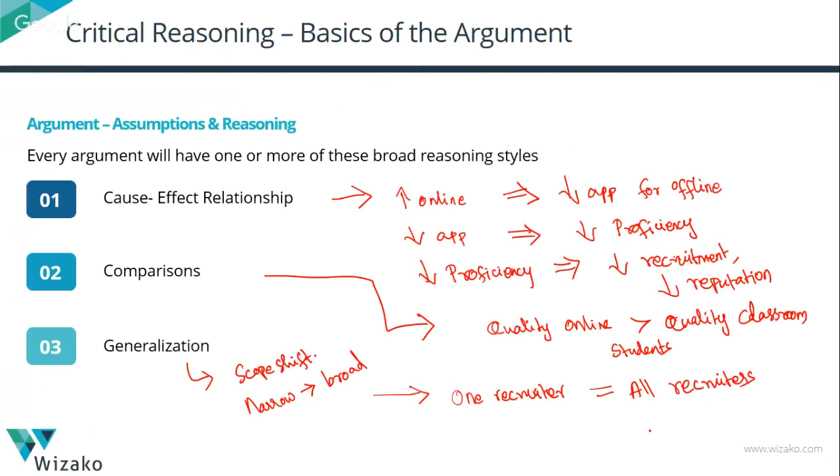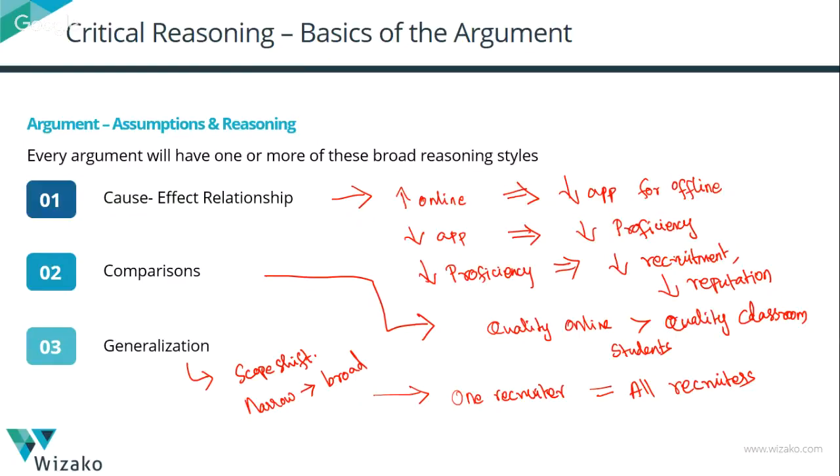Maybe everybody is saying that there is a proficiency decrease in the university, and that's why they aren't recruiting the candidates, and that's why the number of job offers have come down. So the opinion of this one recruiter is representative of all the opinions of all the recruiters who are coming to the university. That is another reasoning logic that the author is using, and that is why he is recommending that the reputation of the university is getting affected, and that to maintain it we have to increase the quality of our classroom programs, again by getting rid of the online program, because he believes that that is the general perception among the people.